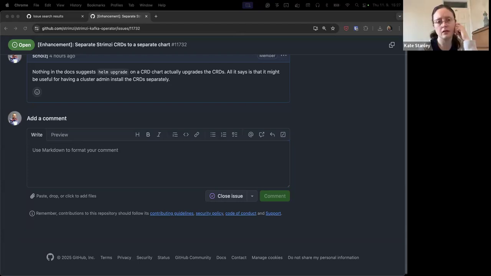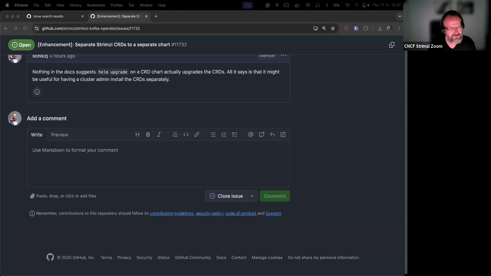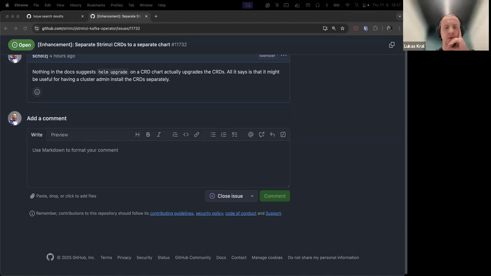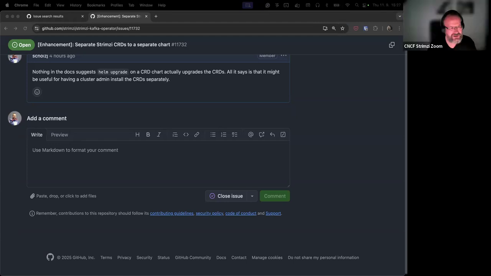I don't think the Helm upgrade on the CRD chart will do anything, because it's still a Helm chart like any other, and Helm chart upgrade doesn't upgrade the CRD. But wouldn't you? I guess I'm making assumptions here. I haven't looked into this in a lot of depth. I've just read through the documentation.